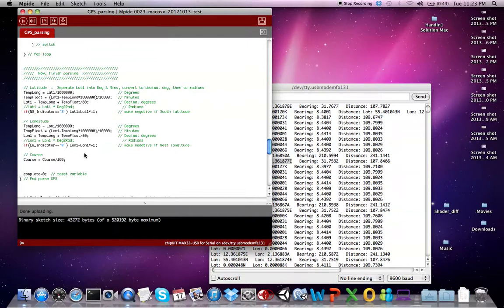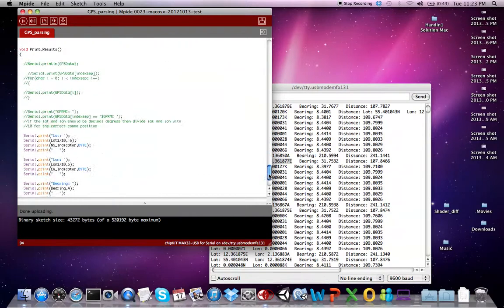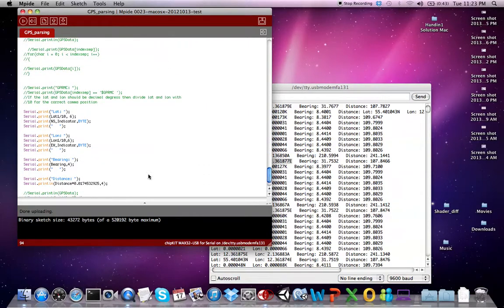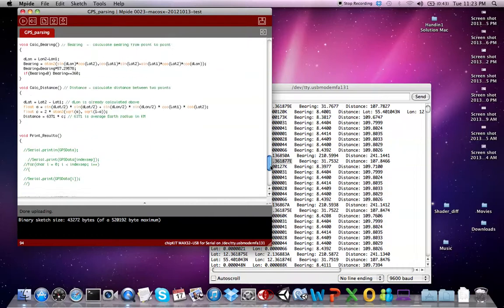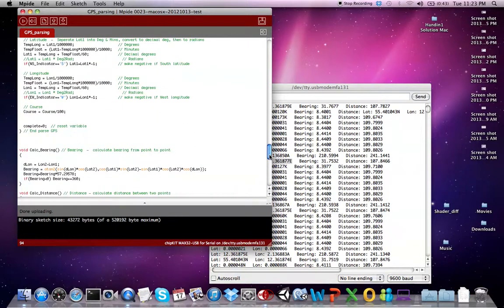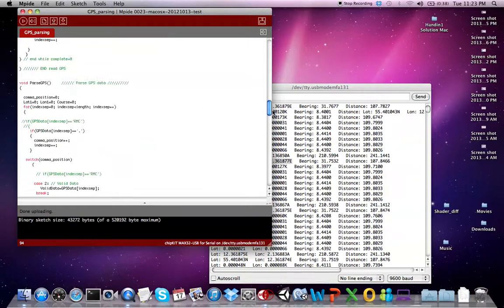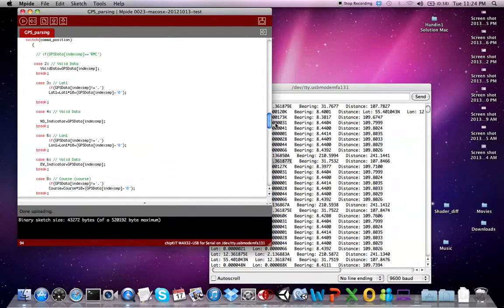So we have commented this out, and then we have here in the print result divided by 10 in order to get the right comma position from this value. So not everything corresponds to what we're going to use in our project. So okay, that's the GPS. It's calculating, and we have our switch, which is initializing, doing the transitions and reading the specific parts of the string. We have one case here and one case here, case 4 and case 5, which are all separate parts of the string that we use.